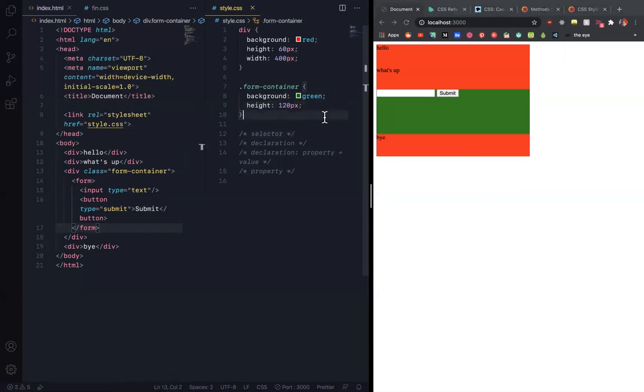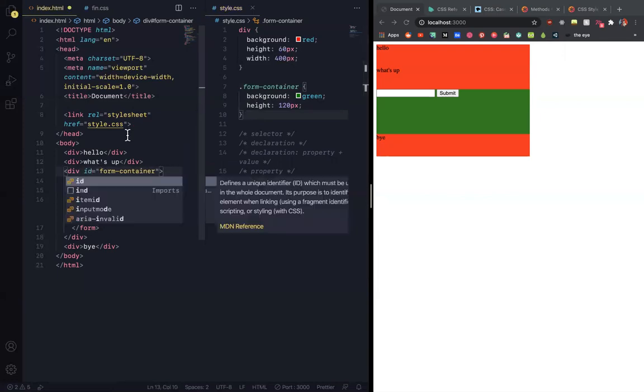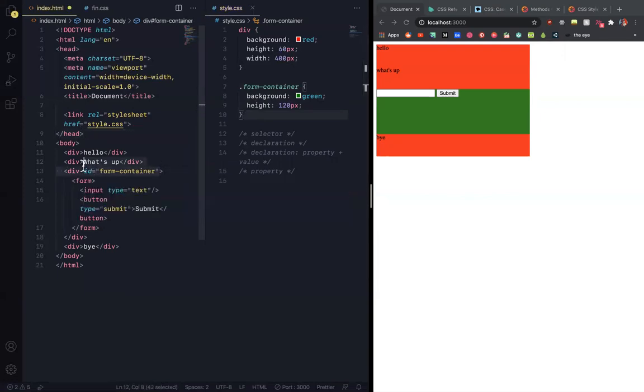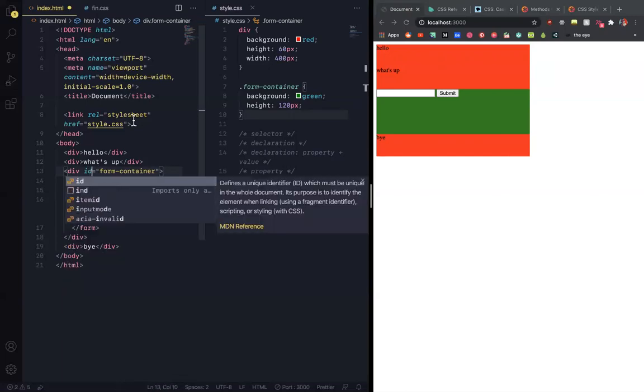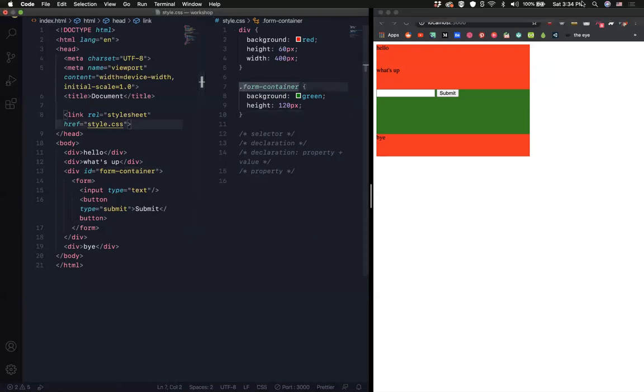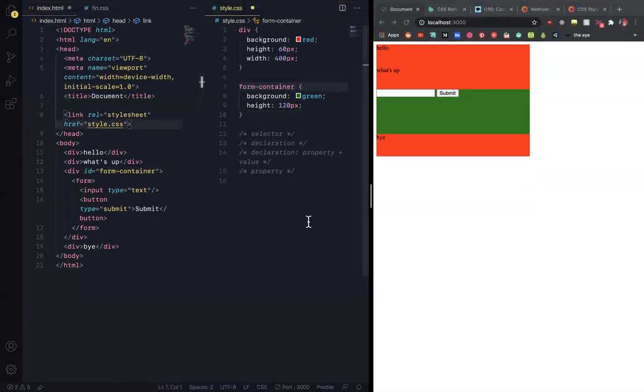So another way, I will keep this part fast, to select specific elements is your ID. So if I were to select, instead of tagging my form container with a class, I can also do it with an ID. What that would change in our CSS would be to just replace this dot with a hashtag. And